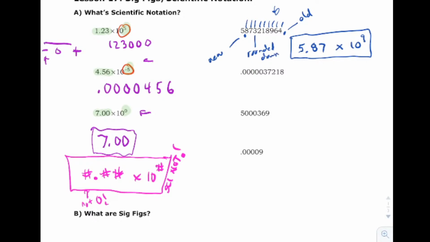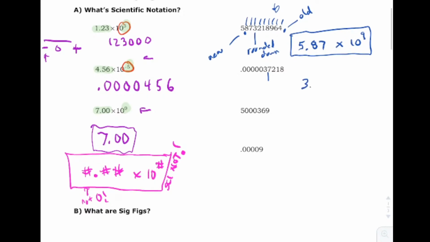So I'm going to have to put the decimal all the way to there, right in between the 3 and the 7. So I'm going to have a new number that looks like 3.72, and again, we're getting a little lucky. The 1 is telling me to round down, right? So it stays at 3.72. I don't round up to 3.73. 3.72, and then that's not really what the number is, so you have to give instructions on how to fix